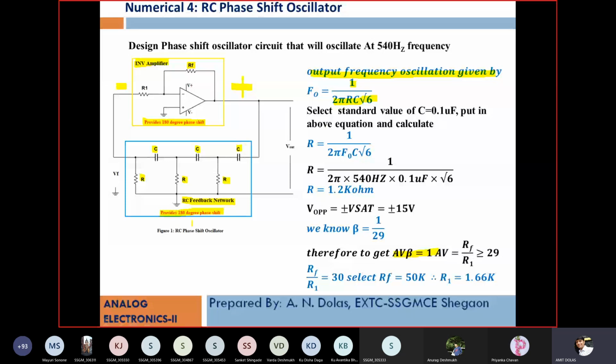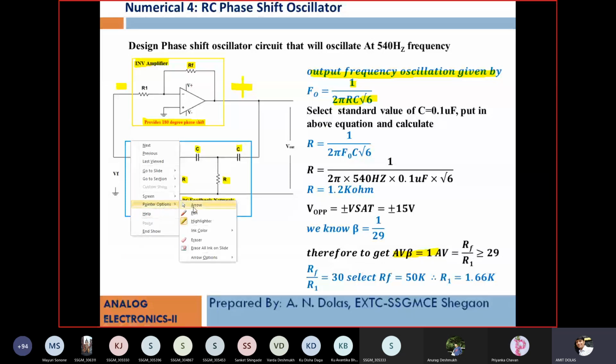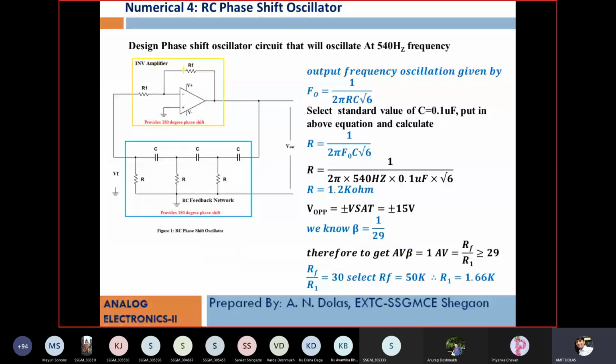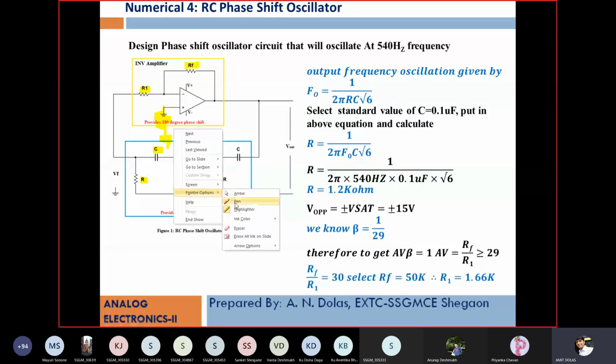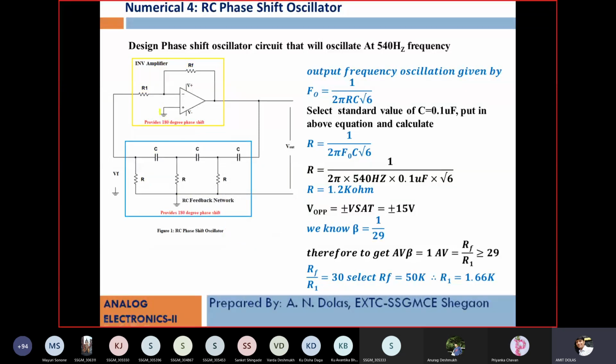also important. So what are the different components that you have to calculate in such kind of problem? One is for gain, the values of RF and R1 have to be found; for oscillation frequency, the values of C and R have to be found. And you may put R comp here instead of directly grounding this non-inverting terminal of the op amp. You may put one resistance, that is the compensation resistance R comp, and its value will be equal to RF parallel to R1. That also you please calculate at your end, though it is not shown here, but it is